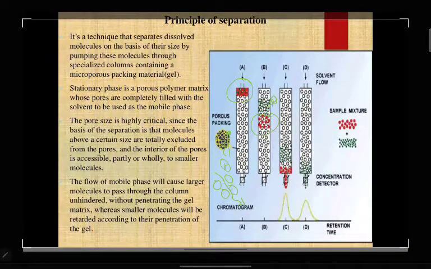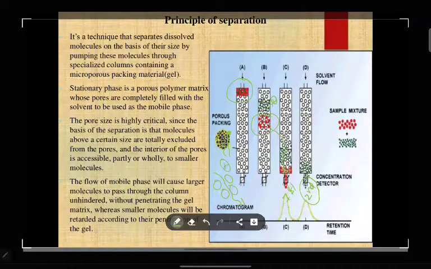That's why first who is going to elute? Large size particles are going to elute first. Then small size particles are going to elute late. Like this we can achieve the separation. Okay, finally you see the detector is detecting. Okay, large size particle peak, small size particle peak, like that. So like this we are going to do the separation in the case of gel permeation chromatography or gel chromatography. Is it clear now? So this is how the principle of separation is going to happen.